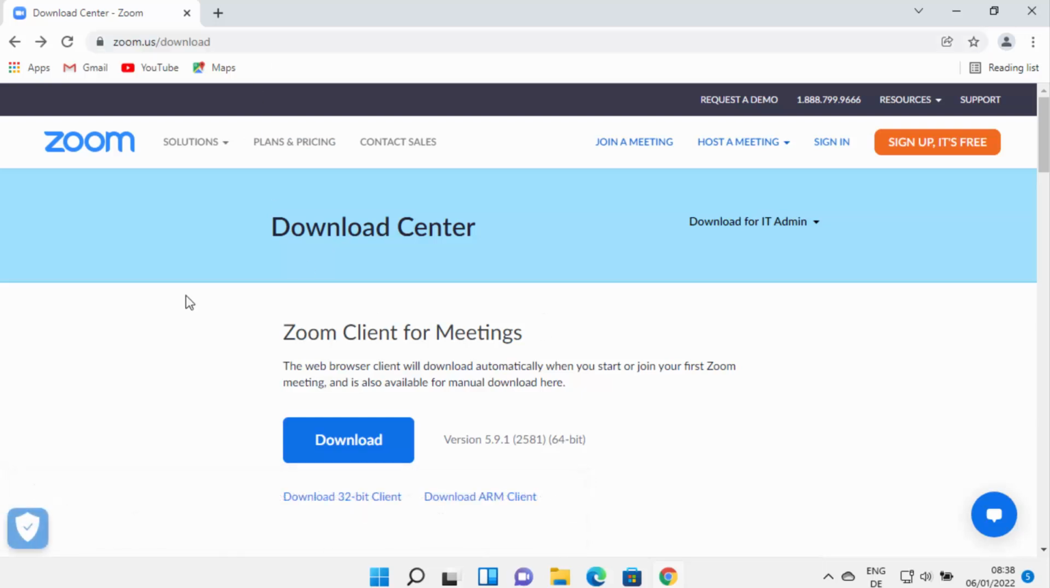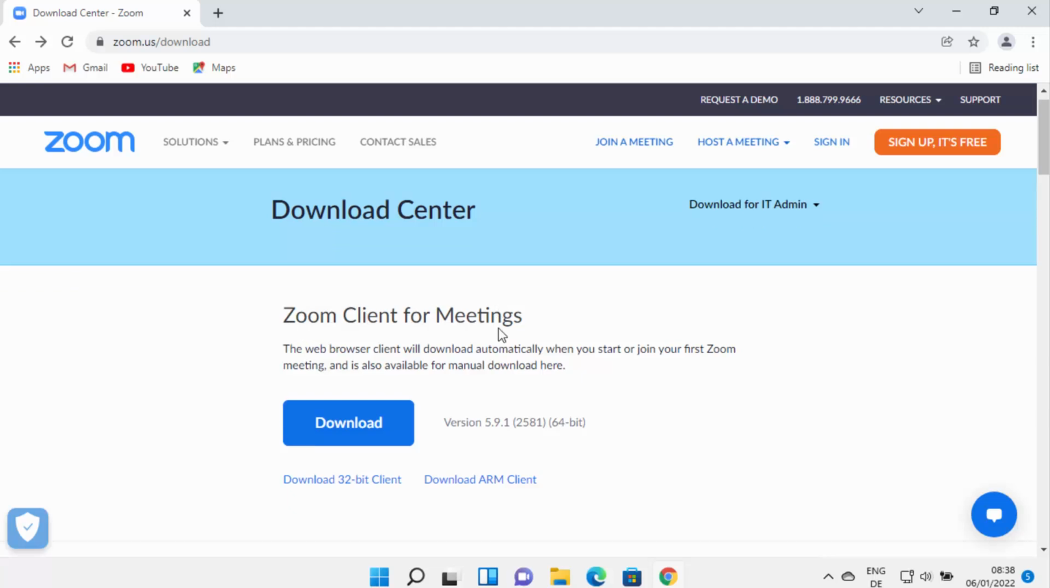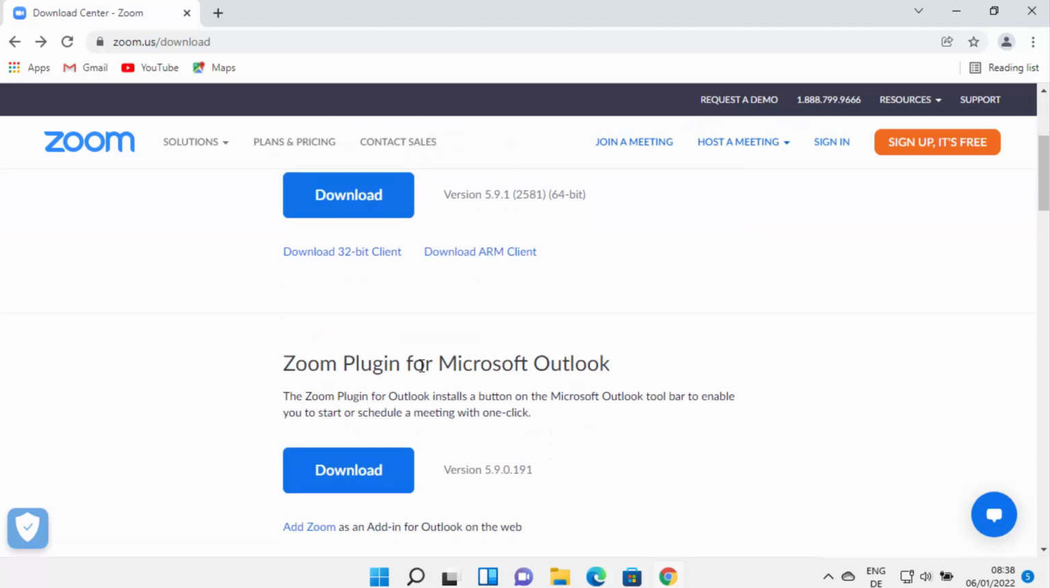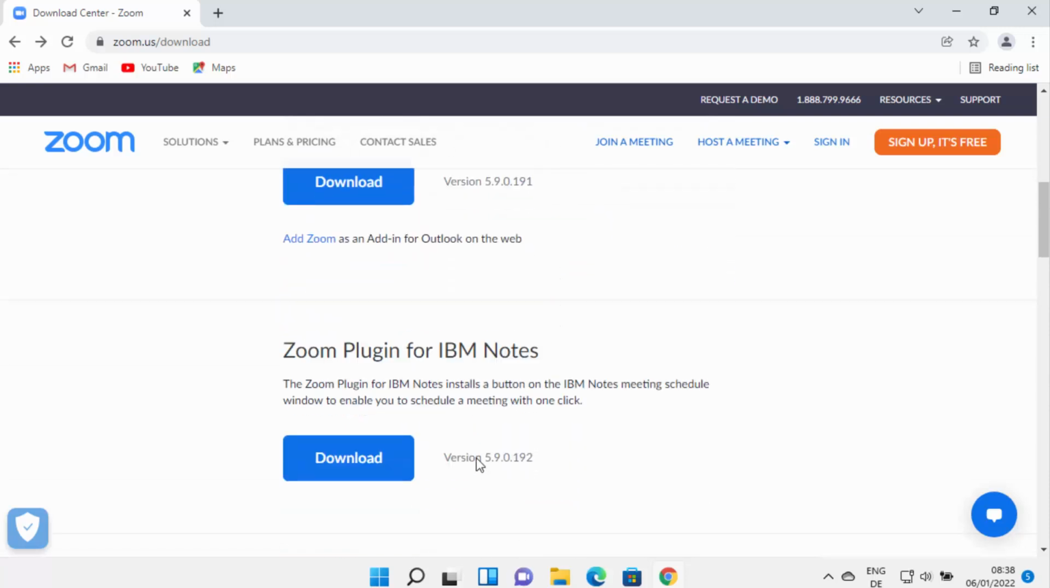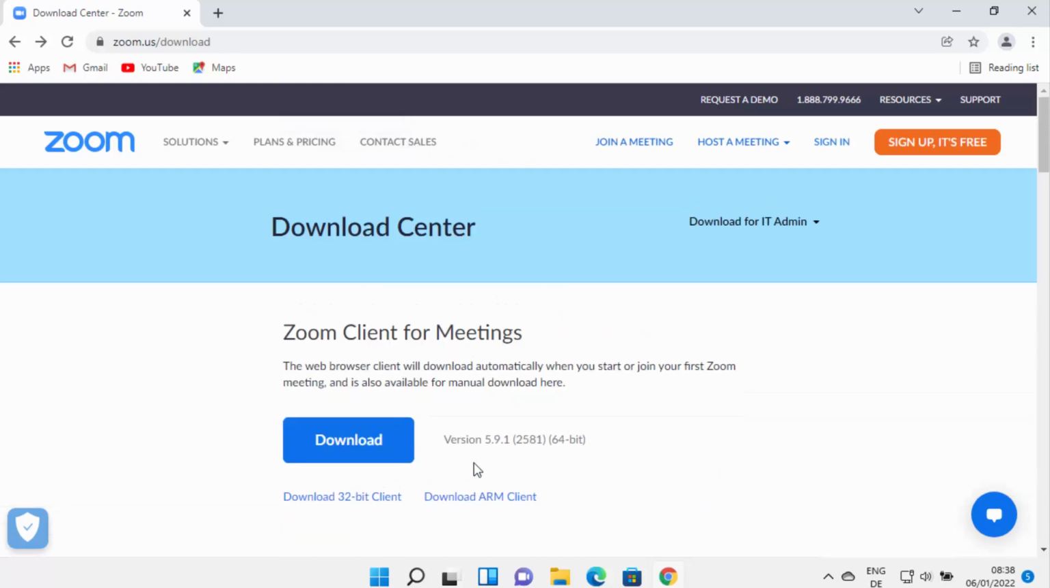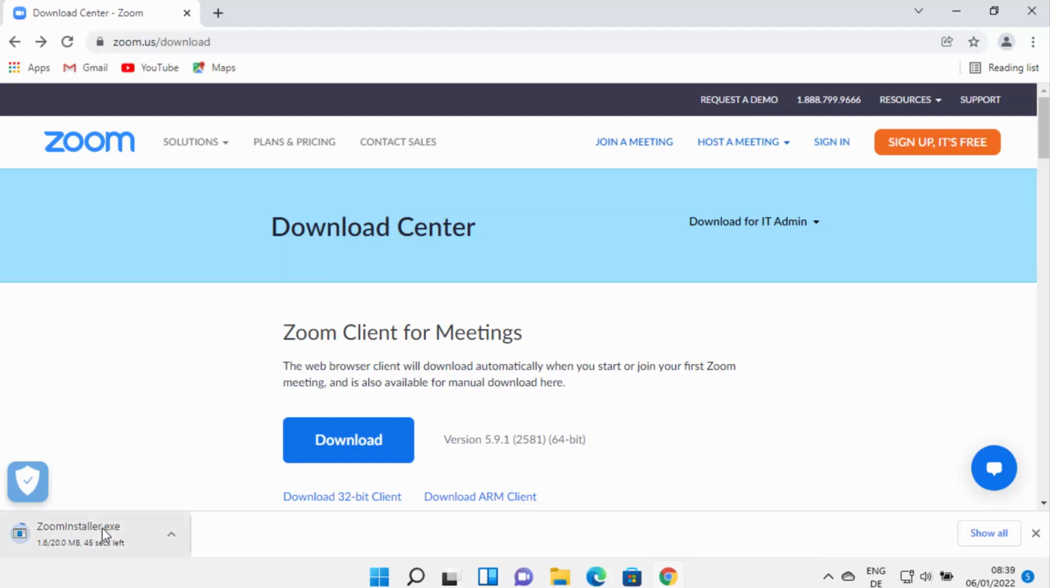So on this Zoom download page, you will be able to see a few options: Zoom client for meetings, Zoom plugin for Microsoft Outlook, Zoom plugin for IBM Notes. So there are many options here, right? The one we are interested in is the first option, which is Zoom client for meetings, right? So click on this download button under the Zoom client for meetings option, which is going to download this ZoomInstaller.exe